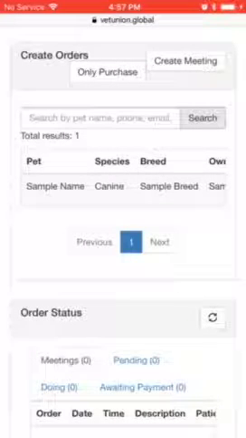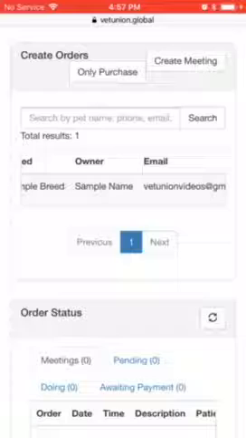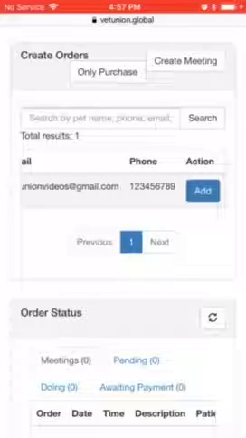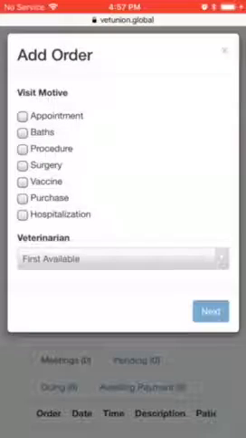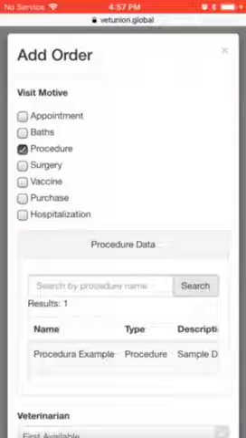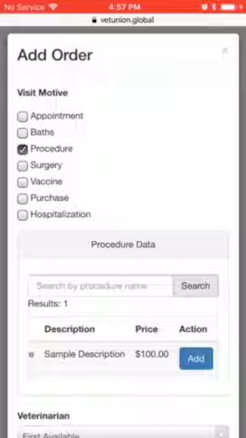For example, we press search and it gives you a listing of 5 and 5, or you can do a more specific search with those terms that are listed there. And once you find the patient, you press add, and right now we're going to process a procedure. So we press procedure, then in the procedure data we search for the procedure we're going to do. We press add